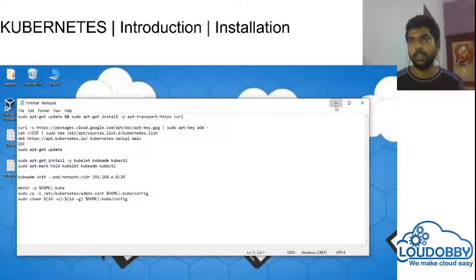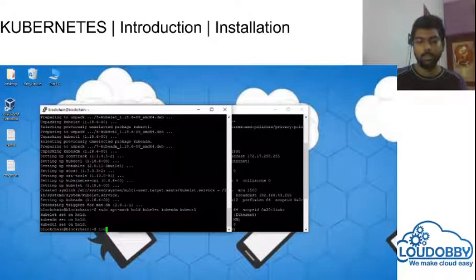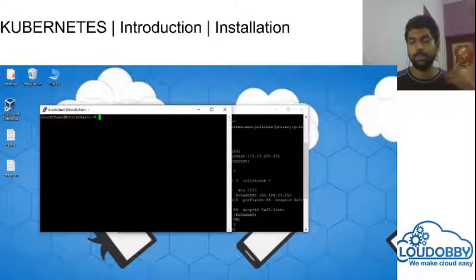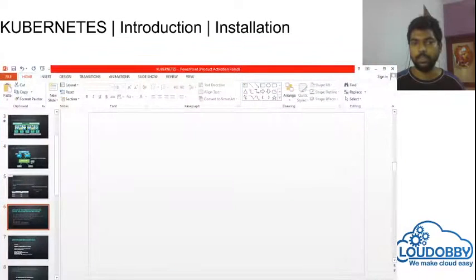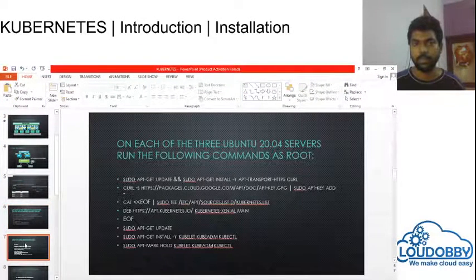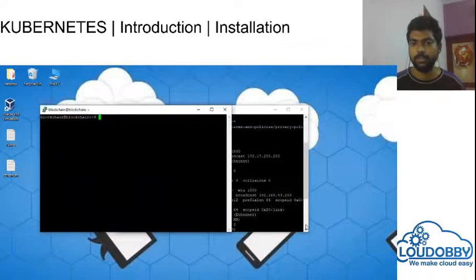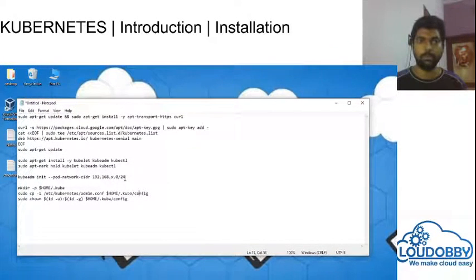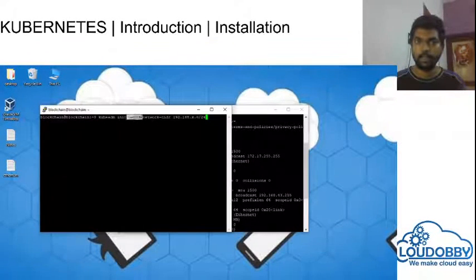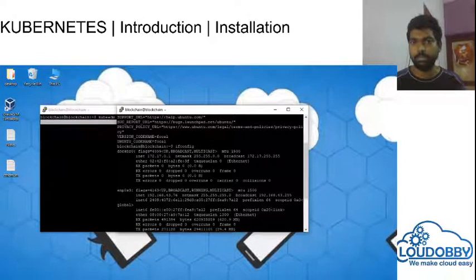Now we are going to set up the master node. You installed whatever is required for the nodes, and now we're going to set up the master node. With kubeadm init on the master node, we are going to give the IP address range. This range is required because whatever pods are created will take the pod network CIDR from this range.